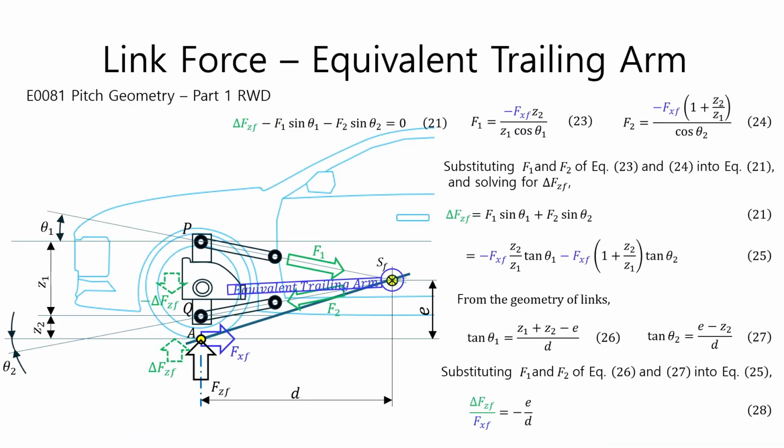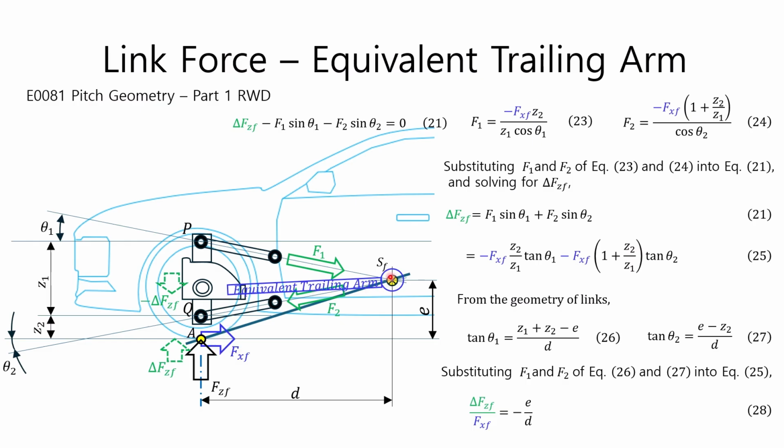Let us continue to examine the concept of the equivalent trailing arm. As explained in the previous video, E0087, pitch geometry part 1, rear solid axle, all suspension links, including wishbone suspension links, can be replaced with an equivalent trailing arm using a virtual reaction point at any given moment during pitching motion. For front-wheel braking, the front suspension links can also be replaced with an equivalent trailing arm using a virtual reaction